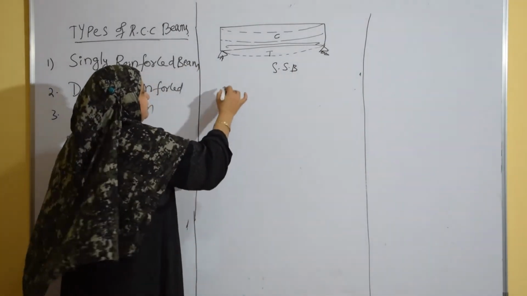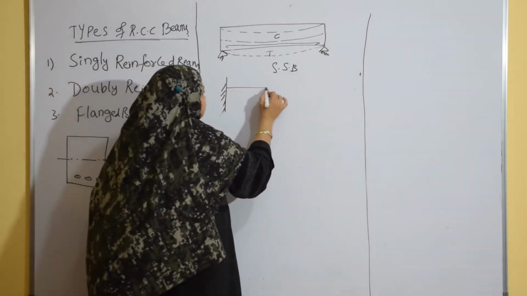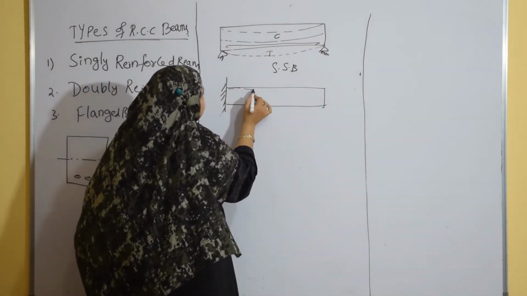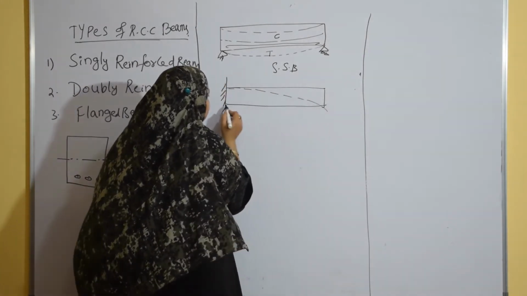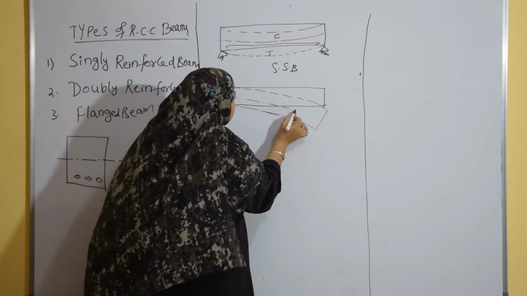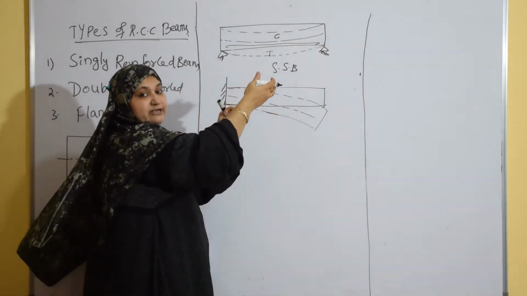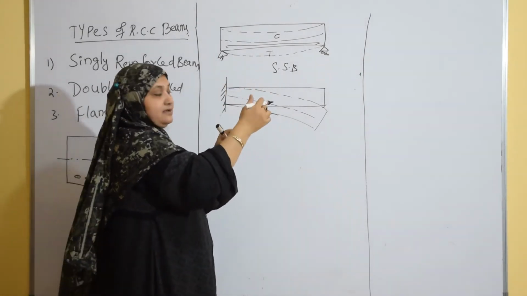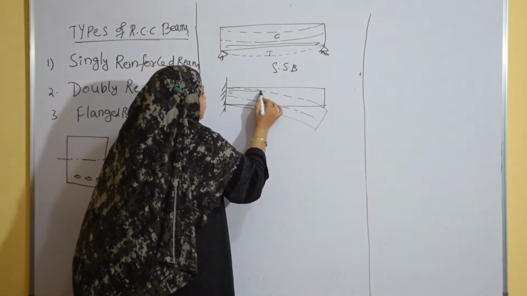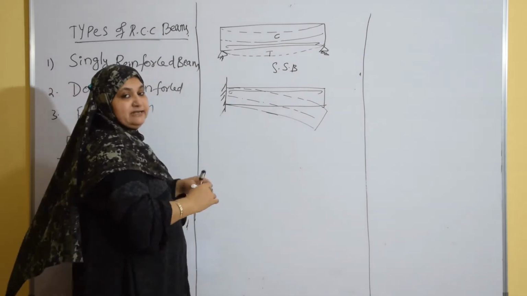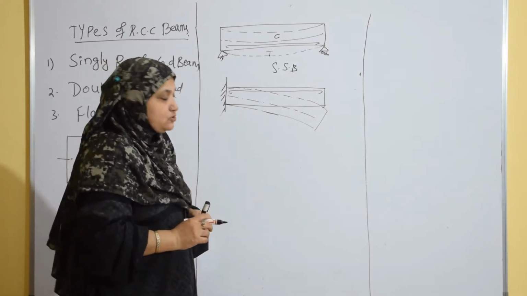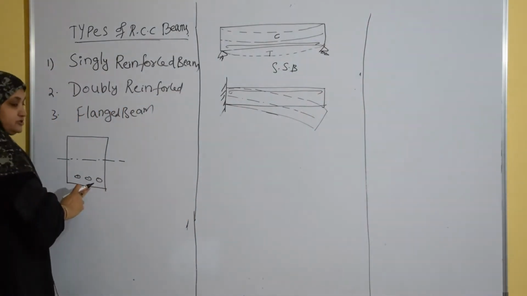If it's a case of a cantilever beam that is supported on one side, when you apply the load, it will bend like this. Now you can see it has bent like this. Some fibers have got elongated at the top. So above the neutral axis they are in tension, below they are in compression. So steel will be provided in a cantilever beam on the upper zone. So whether it is any type of beam, the reinforcement will be provided in the tension zone only. Such beams are called singly reinforced beams.